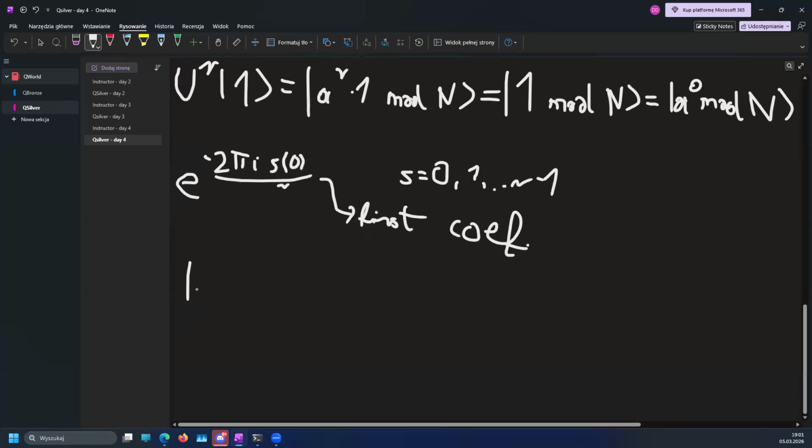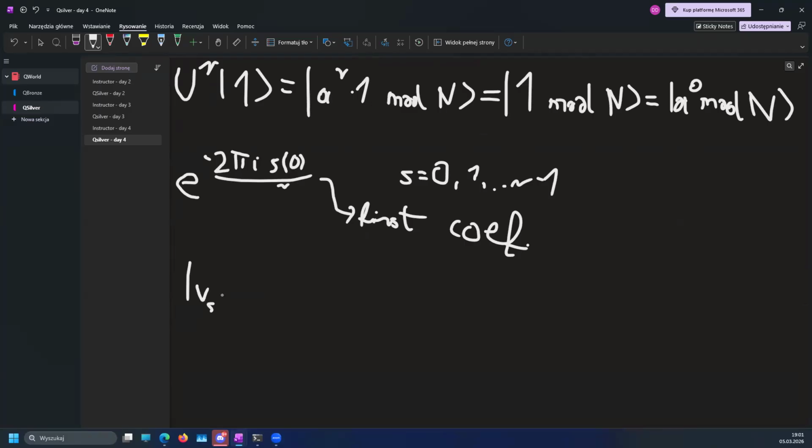So our eigenvector, let's go with the little index s, will be equal to... So first of all, we need to divide it by the square root of r. Why r? Because that's how many states we have, so how many qubits,